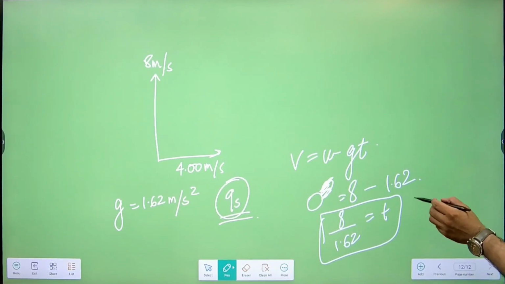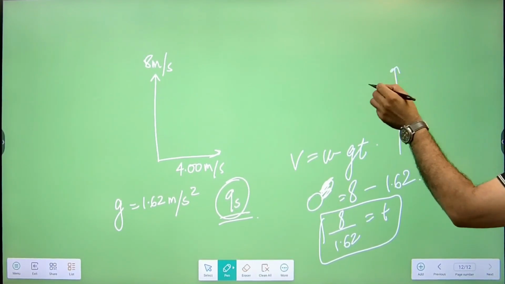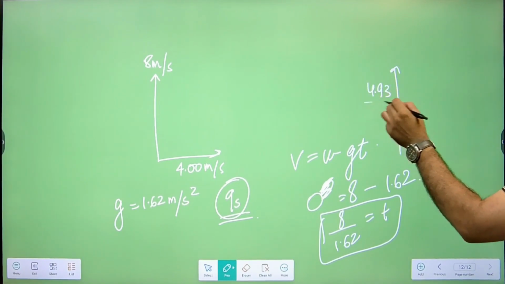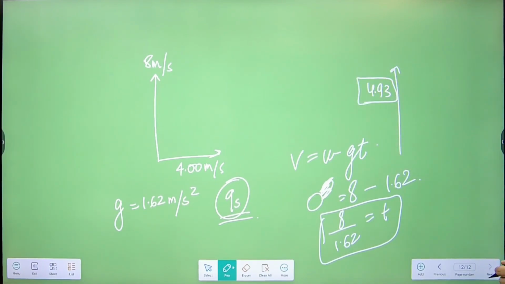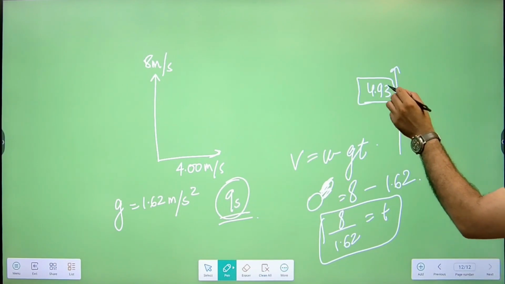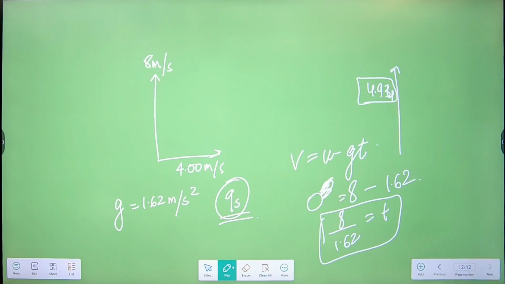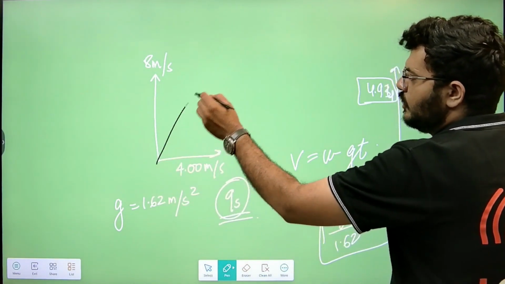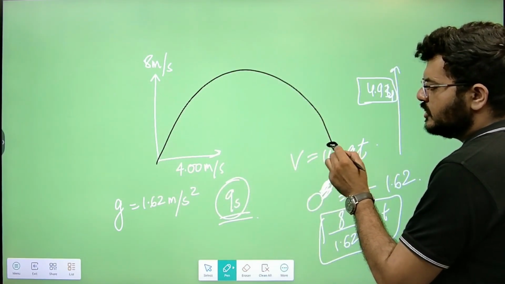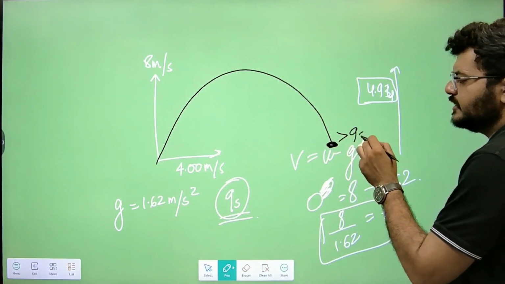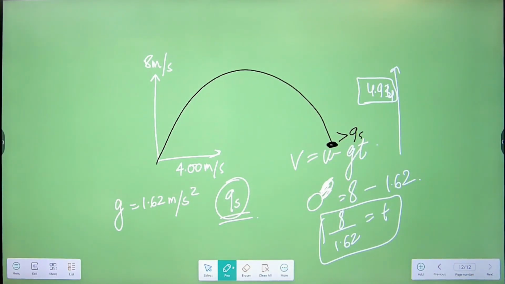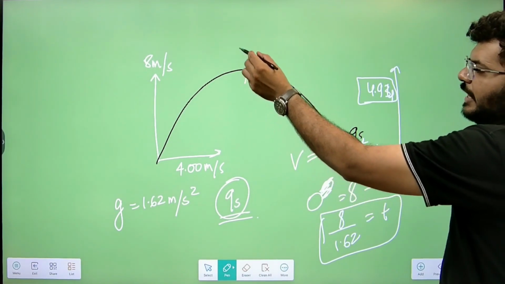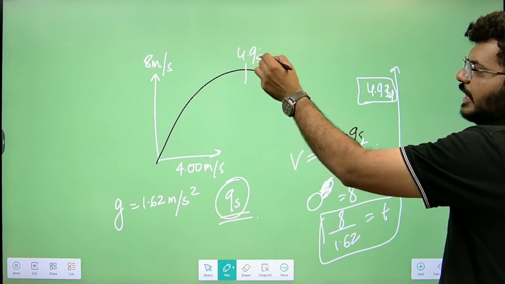So the time taken to reach the top is 4.93, 4.94 seconds, right? So it is going to take longer than 9 seconds to again bounce back. So let's say if this was the trajectory of this ball, to reach this point it takes less than 9 seconds, है ना? So what can we find out, that after this is where at 4.94 seconds,